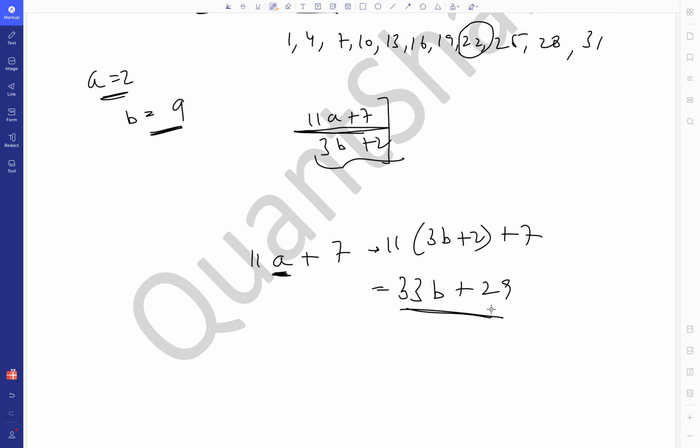So simply by this also, you didn't do much calculation, and you got the answer as 33b plus 29, which means the remainder of n with 33 is 29. Even if you don't know the Chinese remainder theorem, it is completely fine because it is required in very few questions. First, master the basic concepts of remainders, cyclicity, negative remainders, and what I have explained in the previous videos, and then come to advanced theorems like Wilson's theorem, Fermat's little theorem, and this one.